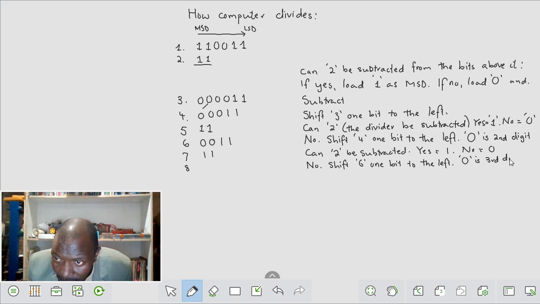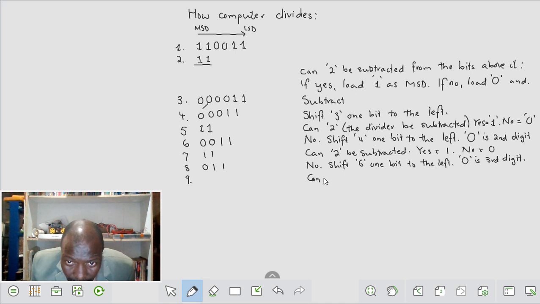Third digit of the quotient, of the answer. All right, so what do we do? We shift 6. So we've got 0, 1, 1. This is shifted, that 0 is lost. The MSD is lost. This 0 becomes the MSD, 1 and 1. So then, after that, you ask again,